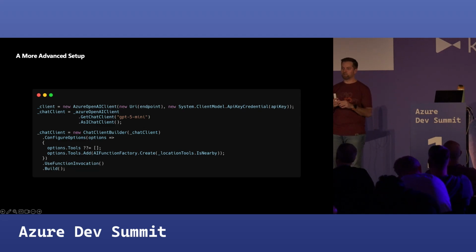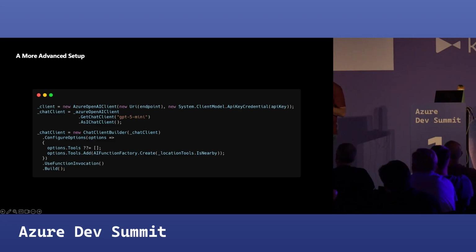But this was the easiest way to do it because I certainly didn't want to mess around with authentication. I once gave a presentation on authentication. It was a one-time deal. I don't want to do it again.